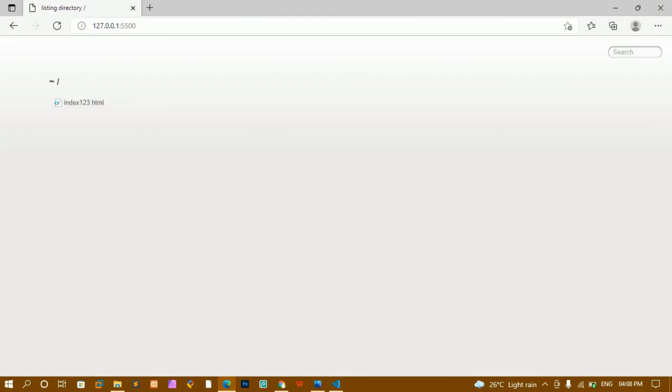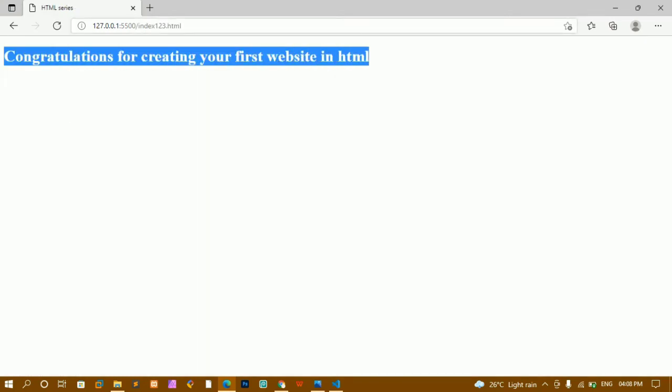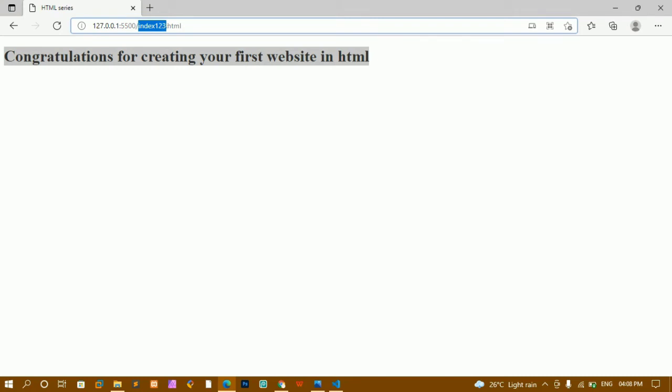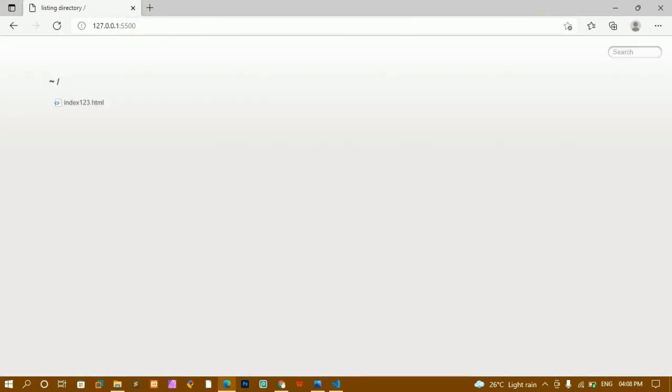Now I'll just come here. You can see it is refreshing this one. Now inside my server, it is asking me, here I am having this index123.html file. Now server is not able to fetch index.html, so it is telling me here I am having this one file, whether I should display this or not. When I click on this file, you can see I will be getting this output, index123.html. Now if I just remove this one, you can see here I will not have any output.